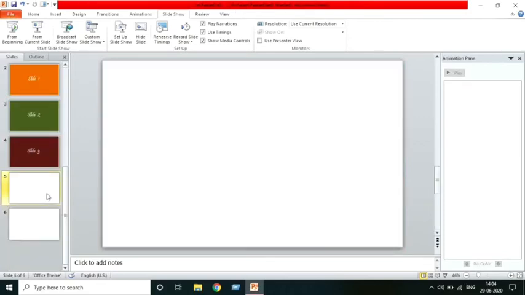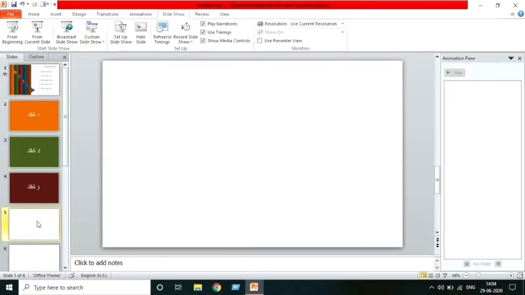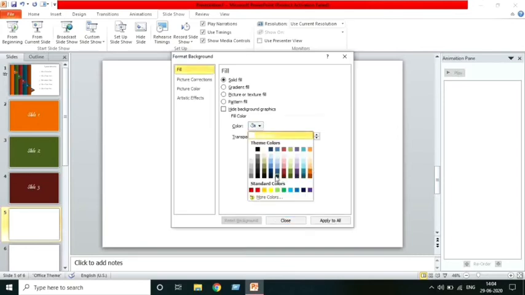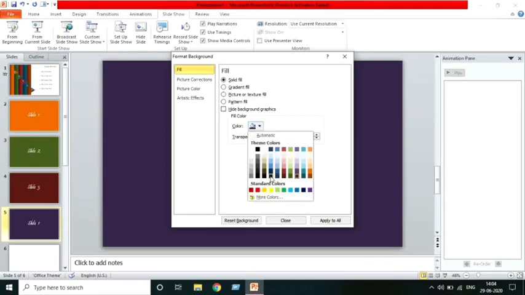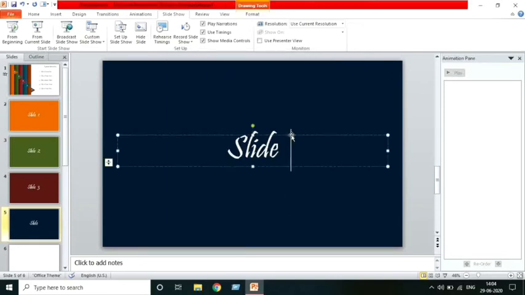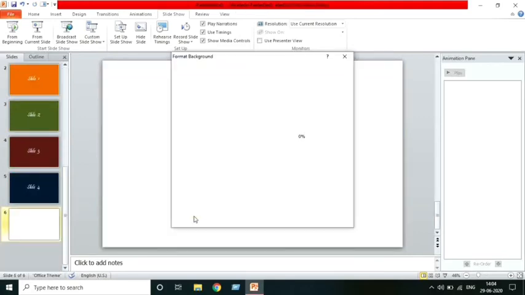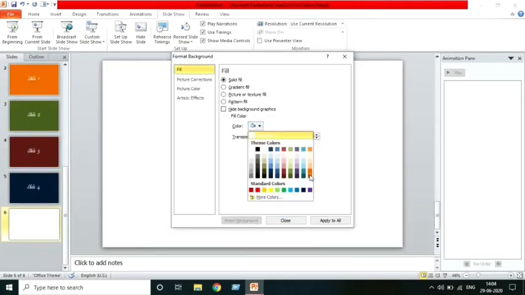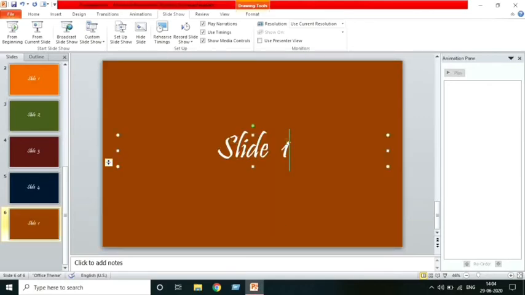The fourth one, I think the color we have taken is this navy bluish color. Select the color, done, color is added. This is slide 4, and finally our fifth slide. Click on format background. I think the fifth slide is this dark one, and this is my slide 5.